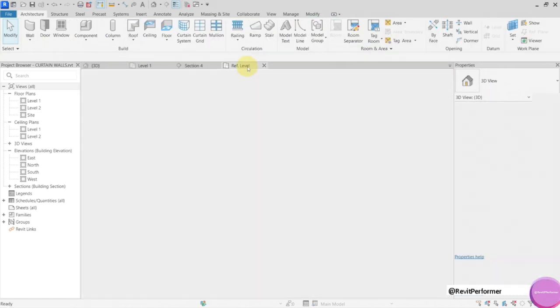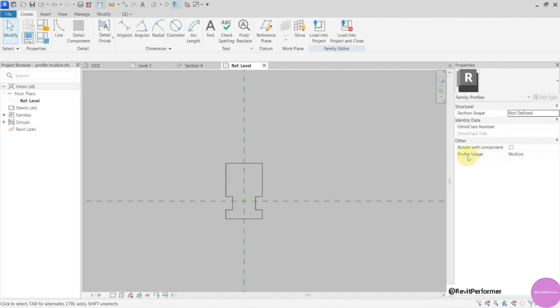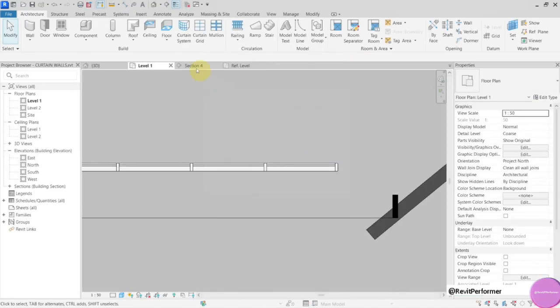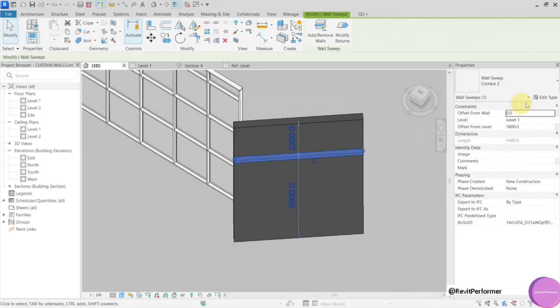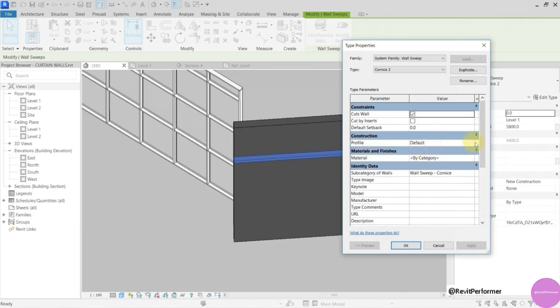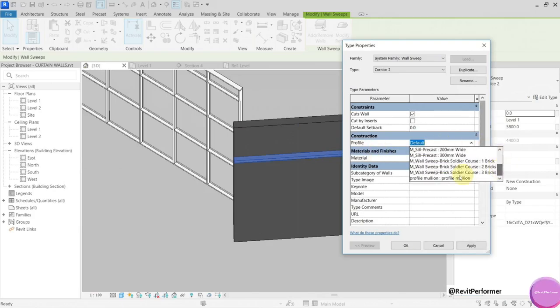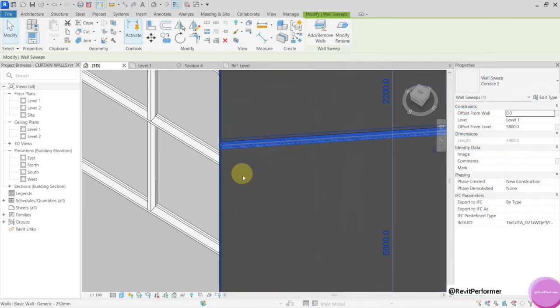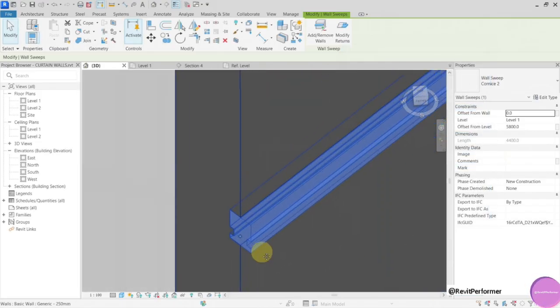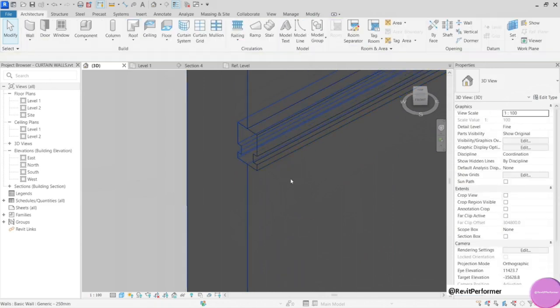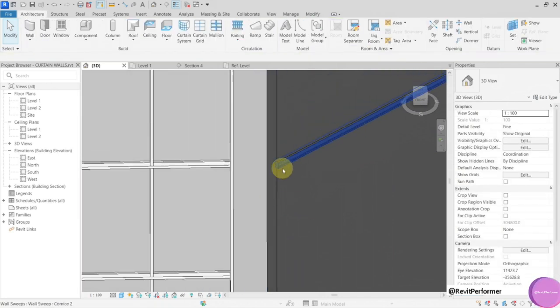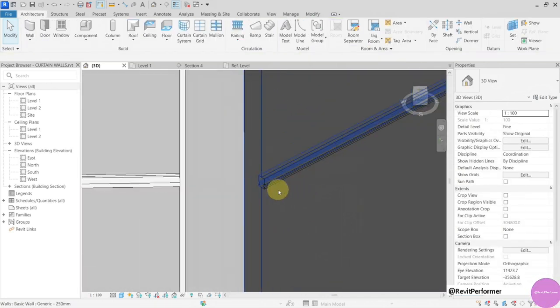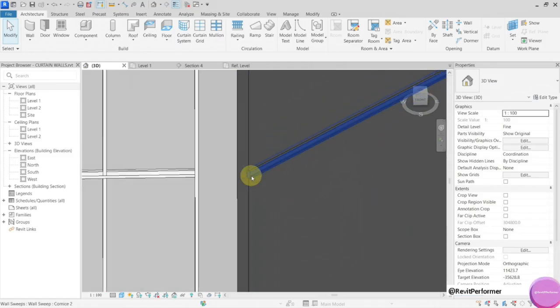But if I go here now and change this profile usage to generic and load it into the project, and go back here now in the wall sweep, I can find my profile Meridian and actually create a wall sweep with this profile, which I created for the curtain wall mullion.